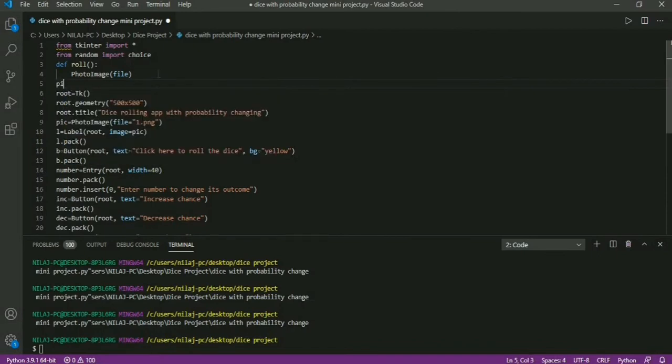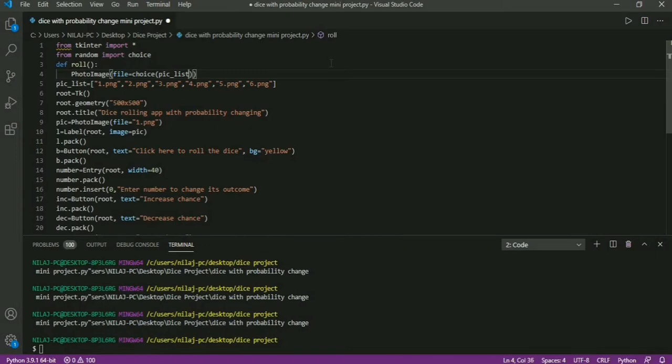Pick list equal 1.png, 2, 3, 4, 5 and 6.